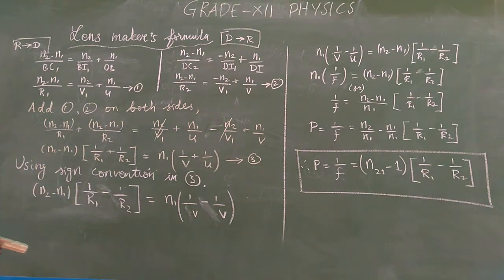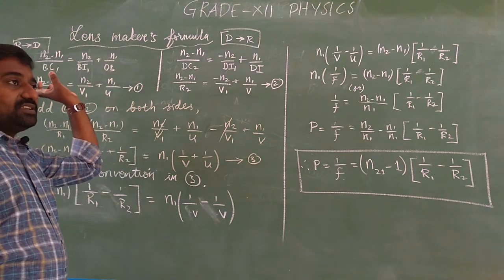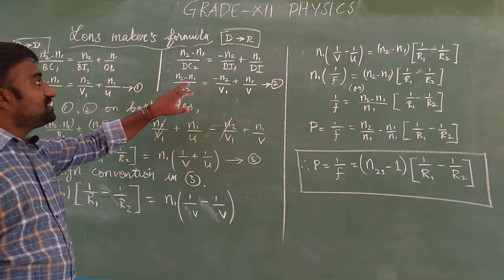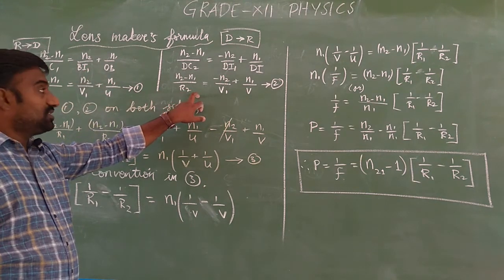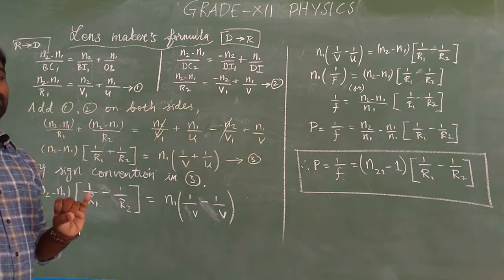It's a very important question. There is a possibility they may ask this question for 5 marks. So it is a very simple concept. A lens has two spherical surfaces. In the first spherical surface, how does refraction occur? From the refraction, you use the relations, so you will get one equation. Similarly, the first spherical surface of the lens forms an image, and that image serves as an object for the second surface, hence the final image is obtained. That is the only thing we should notice.